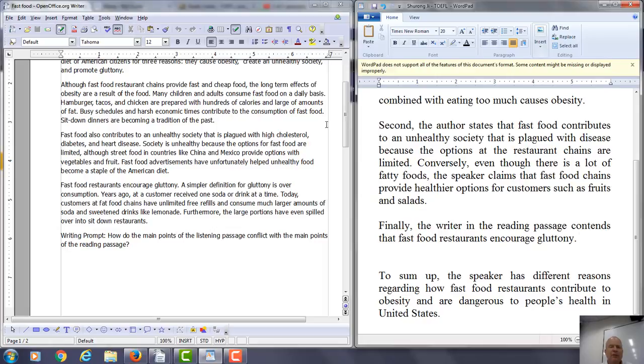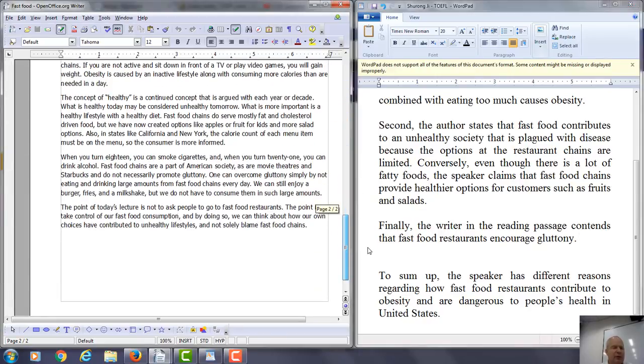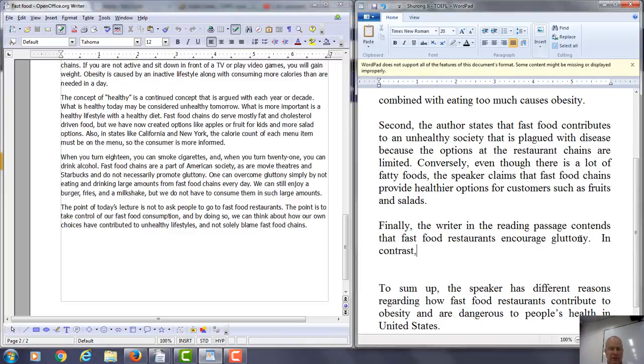Again, you're not saying anything from the lecture. This is not a good strategy for you. So what does it say in the lecture? It says, fast food chains do not necessarily promote gluttony. One can overcome gluttony simply by not eating and drinking large amounts from fast food chains every day. So that's a key idea, and it disagrees with this. Then you can say, in contrast,